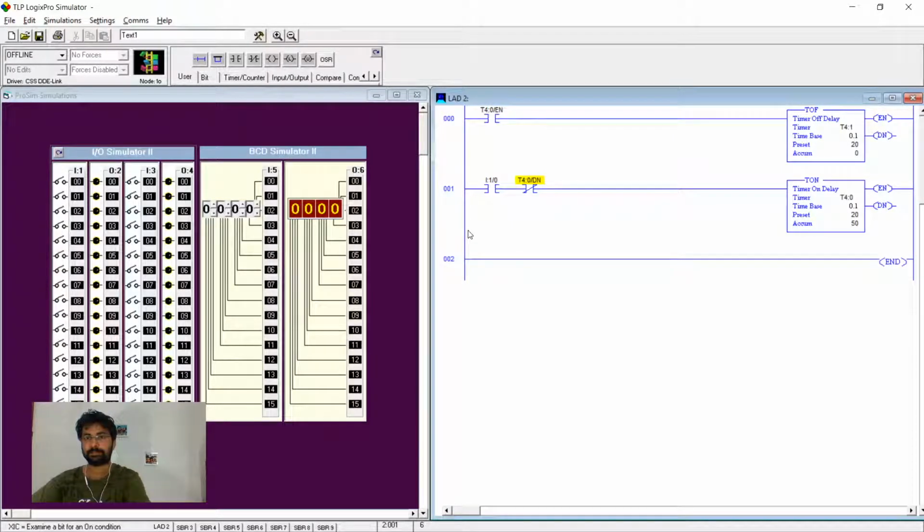Likewise. So first we are enabling this, and this thing is high. So you will activate this thing, and when its enable comes